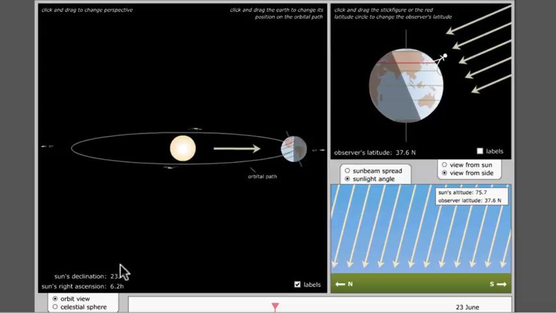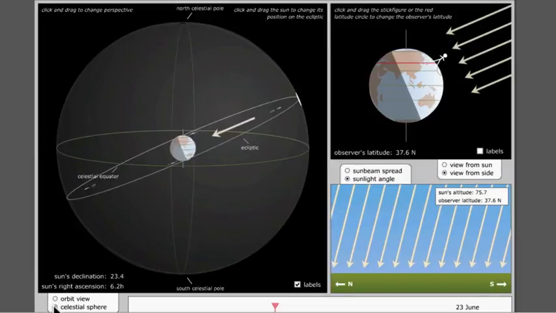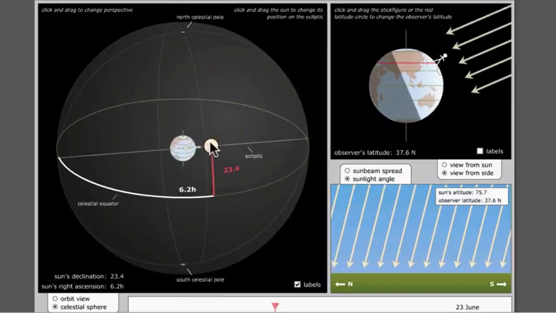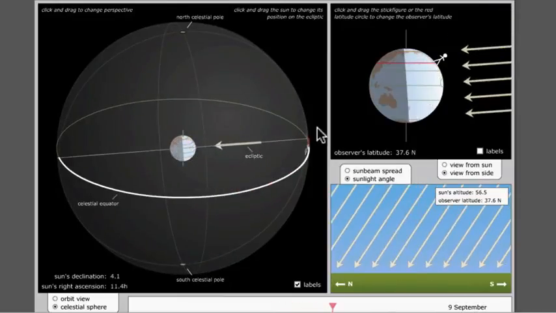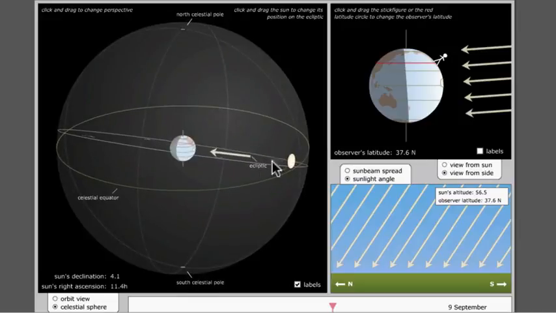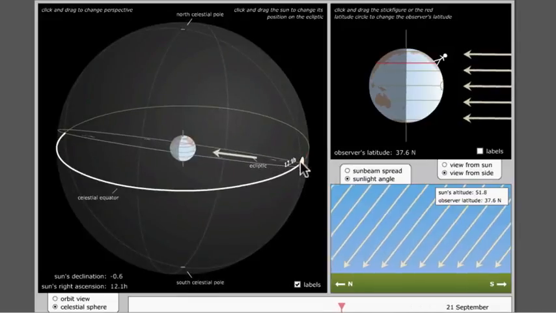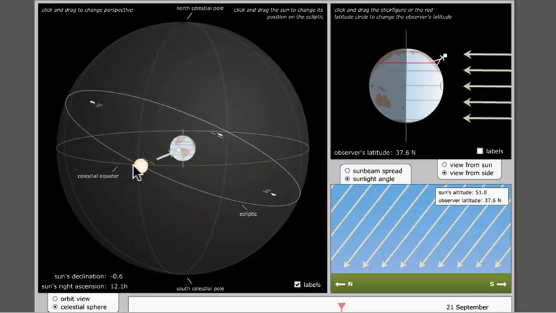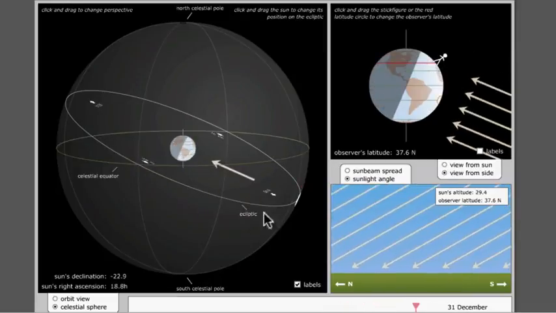And as the Earth continues its orbit around the sun, or equivalently, as the sun continues its path around the celestial sphere, it again reaches an equinox on September 21st, at which point the line separating light from dark passes through both poles. The sun is overhead at the equator, and night and day are of equal length everywhere on the planet,